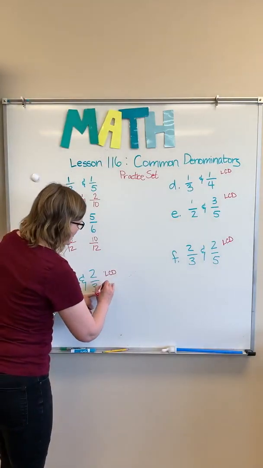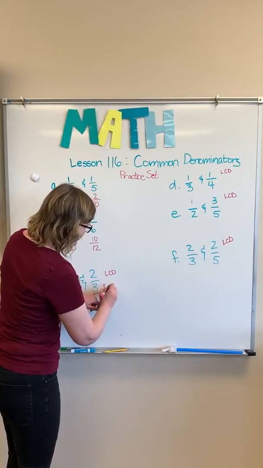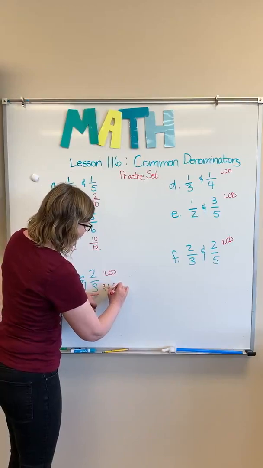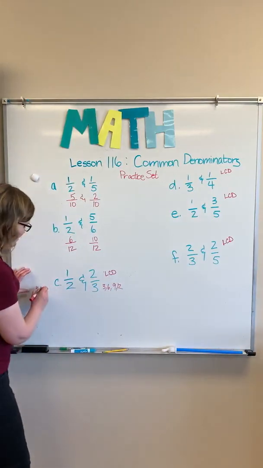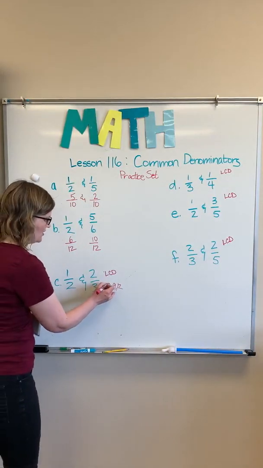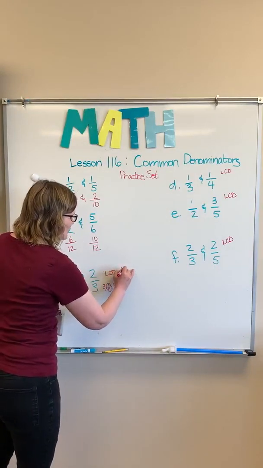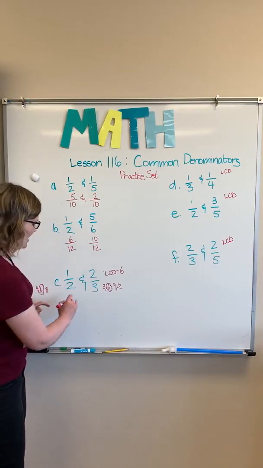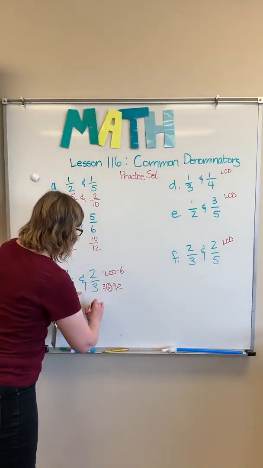I'm looking at 3. I say 3 times 1 is 3, 3 times 2 is 6, 3 times 3 is 9, 3 times 4 is 12. And I'm looking at the 6 and the 6. So our least common denominator is going to be 6, and we can take it from there. We know that 1/2 is equal to 3/6 and 2/3